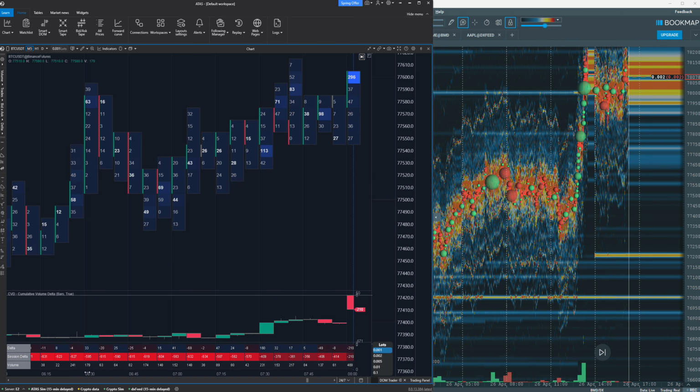This one only had 179, but price actually had a bigger candle body compared to this, which means that there is some absorption at the top over here. Absorption by the passive sellers. They are absorbing the aggressive buyers here,